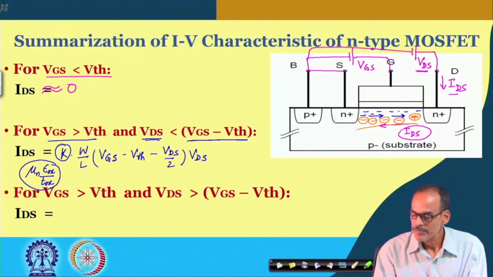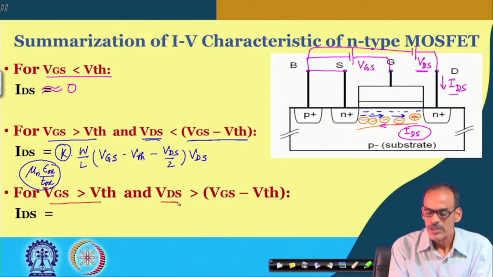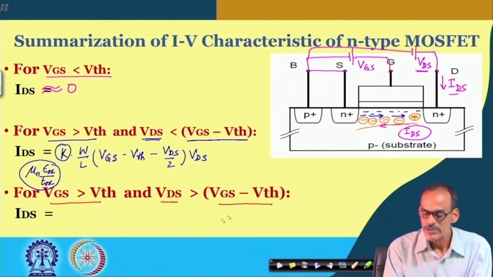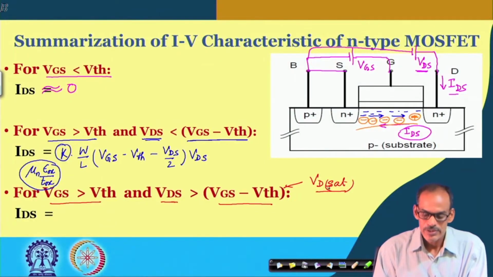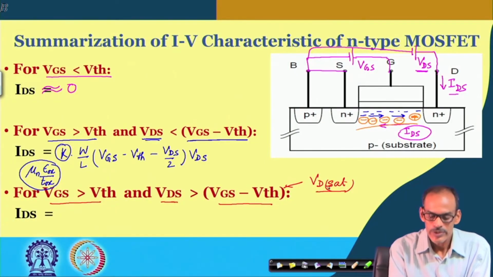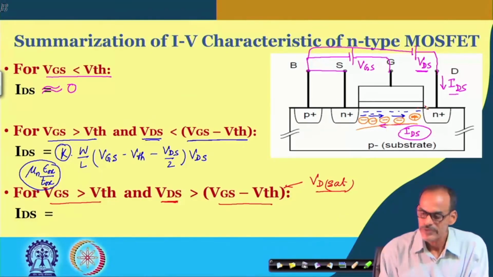On the other hand, if VGS is higher than VTH, however, VDS is higher than VGS minus VTH, in fact, this is referred to as VDsat. Of course, this is not constant, it depends on VGS. We will see why it is called VDsat, but whatever it is, if VDS is beyond this one, indicating that pinch off has already happened near the drain end, and the current hardly